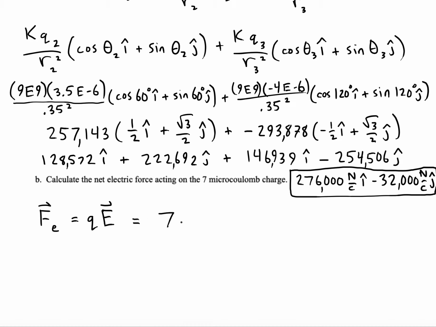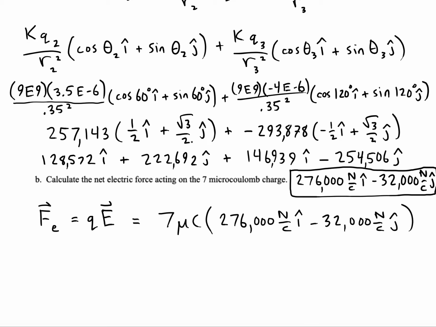So let's just do 7 microcoulombs times our vector. Whenever we have a scalar times a vector, we want to distribute to all components. Okay, I get 1.93 newtons